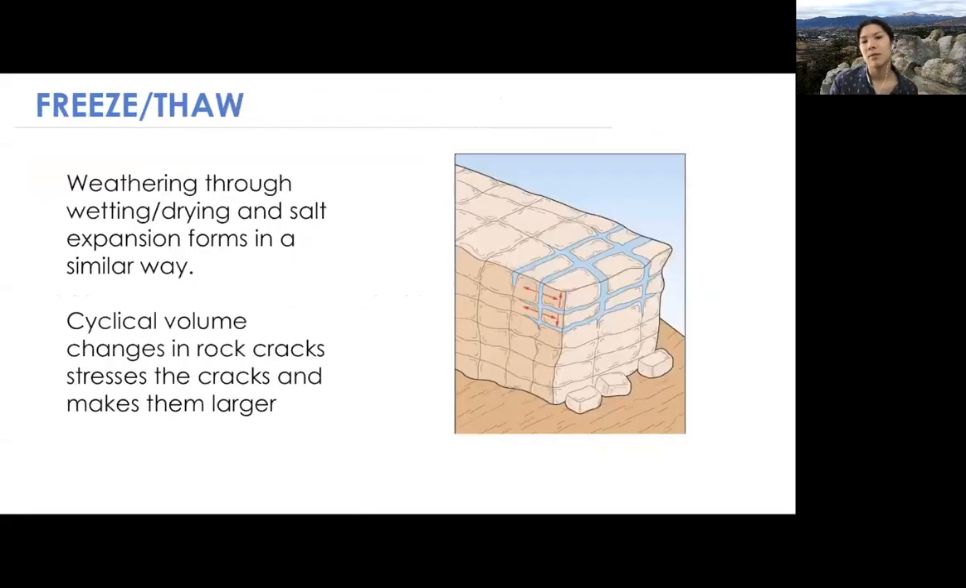So the other main processes of mechanical weathering rely not necessarily on the rock changing pressure, but on pressure changes within fractures of the rock. A common example of this is freeze-thaw weathering. In this case, we have a rock that's near the surface. It has a series of fractures or joints in it, and those joints are large enough to let in some